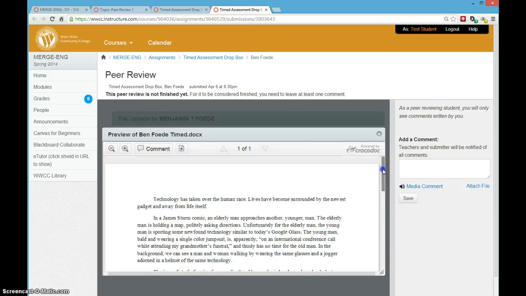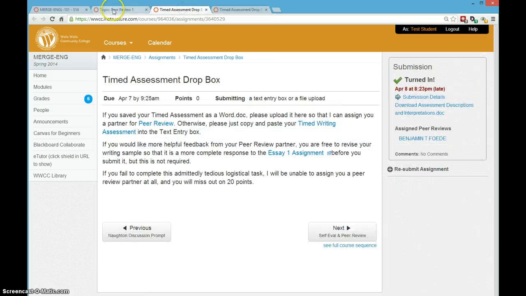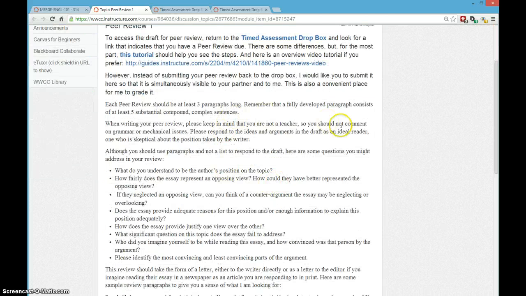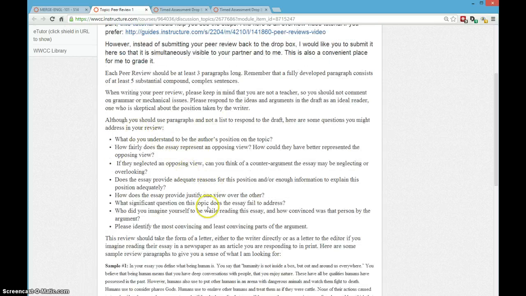So you can read this document and formulate a reply based on these requirements, 3 paragraphs long. Remember that a paragraph is about 5 substantial, compound, or complex sentences. Try to answer some of these questions. More particularly for the assessment assignment, you might want to evaluate both their description and their interpretation of the comic that they are